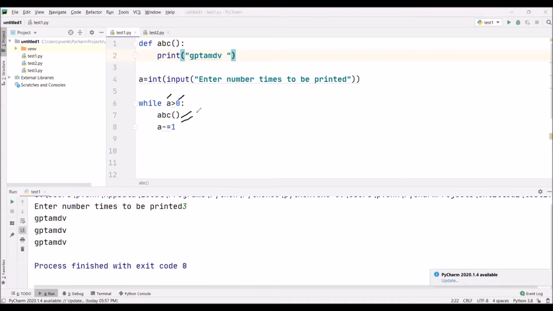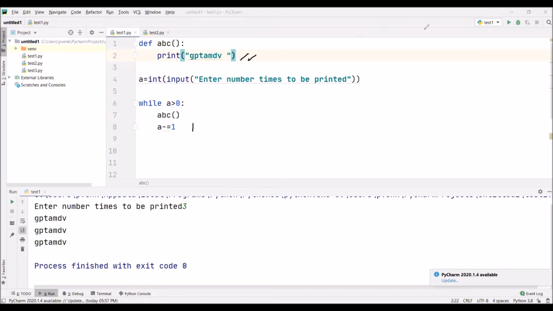What is the function ABC? This function, whenever it is called, prints GPT-AMDV. After that, the a value is decremented to 2. Again the loop is executed a second time, second iteration. Again GPT-AMDV is printed, and this time the a value is decremented to 1. Again the function is called and it performs its particular task.